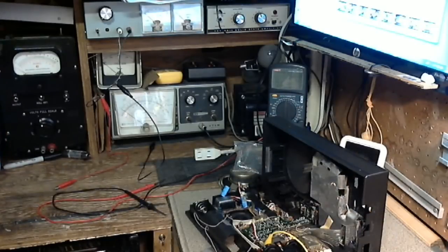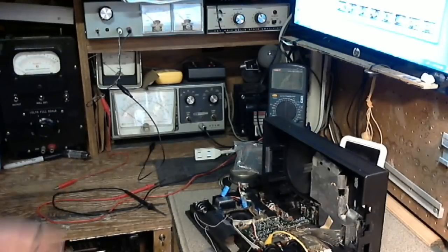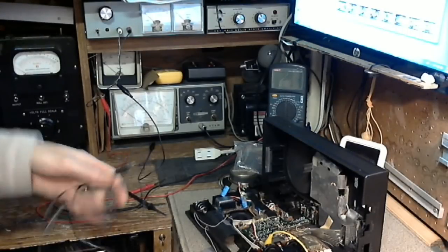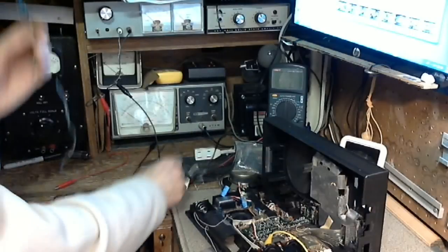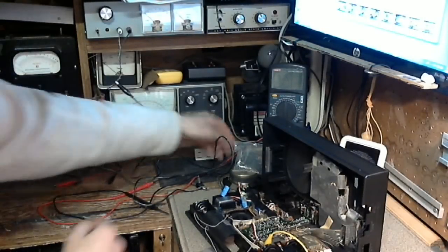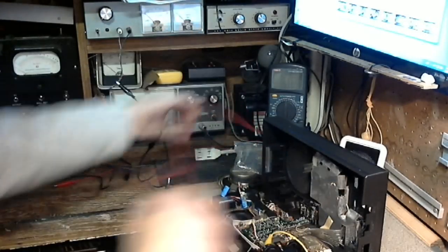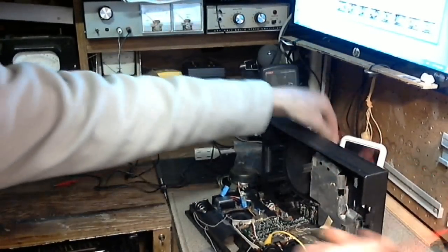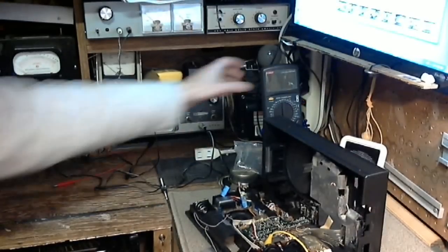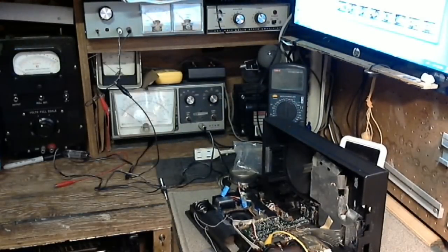but I imagine if you apply the power backwards, on most things you're going to damage something pretty quick. Some things are protected, and some things are tolerant for a while. This radio, I don't know, if you plug the power in backwards, does it result in 23 videos? Maybe so. Maybe so. So the big difference is I'm not going to rely on these kinds of power supplies,